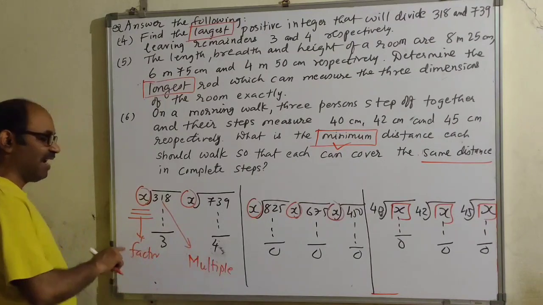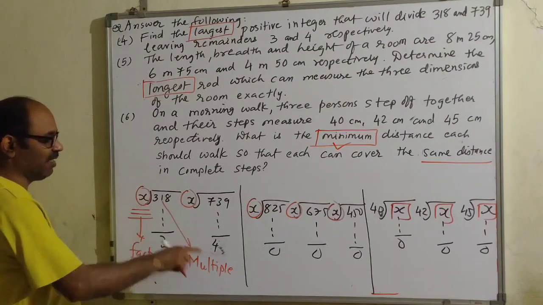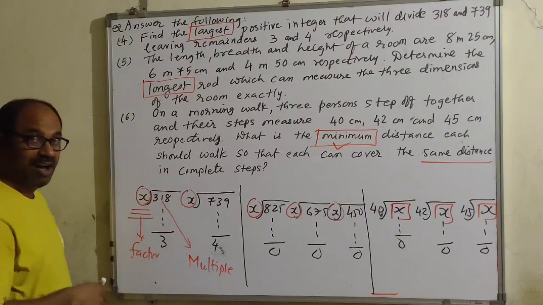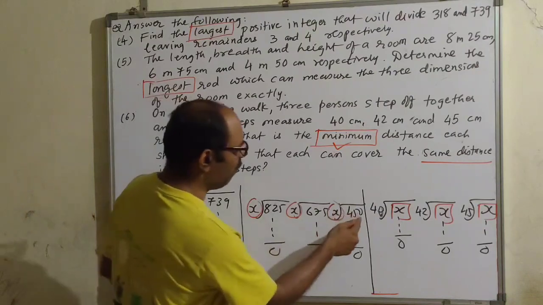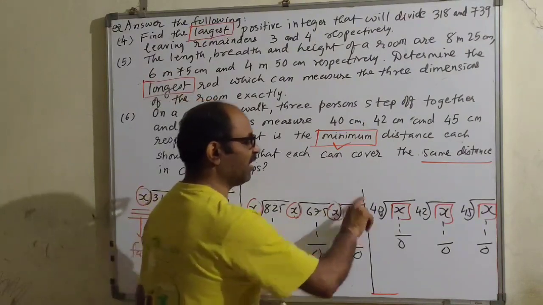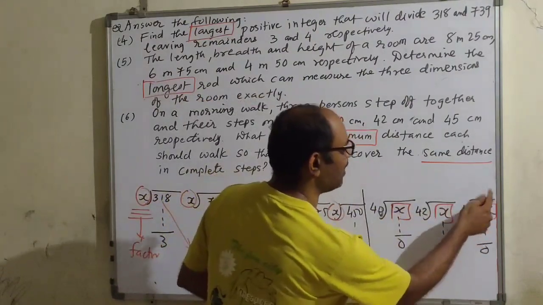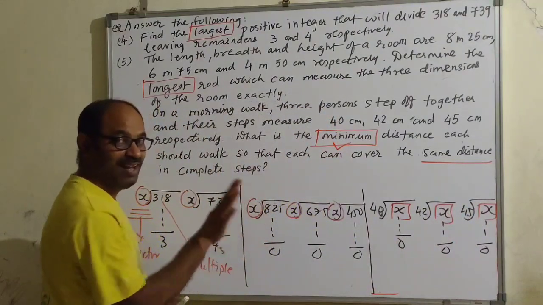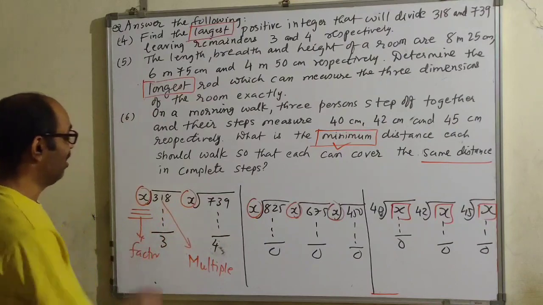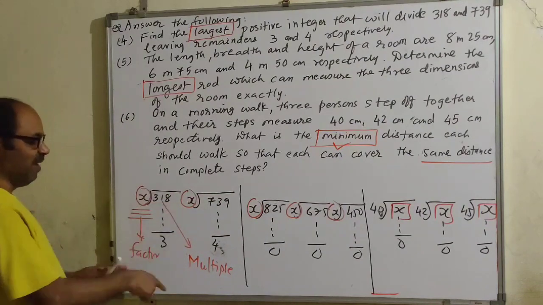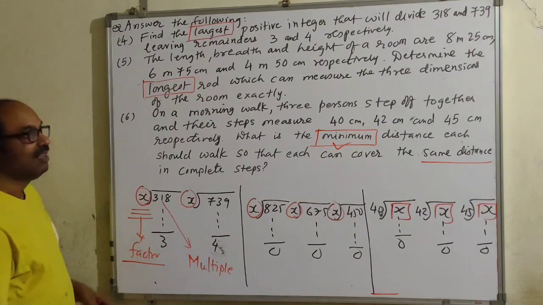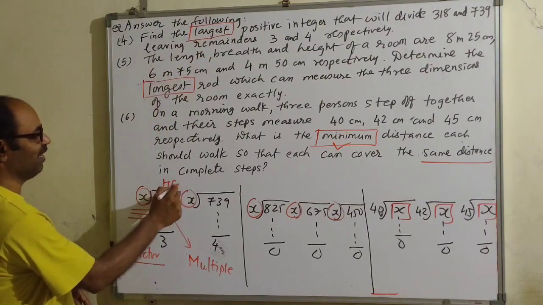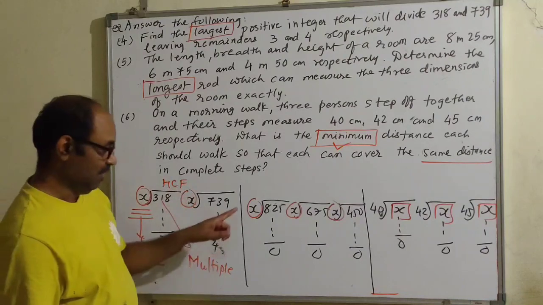You can say divisor X is a factor of 318, and 318 is a multiple of X. 450 is a multiple of X. 40 is a factor of X. X is a multiple of 45. X is a factor of 825. Are you getting me? Achha. What is common is divisor, so it is a factor. The hint is already there, largest factor. So here you have to find HCF.